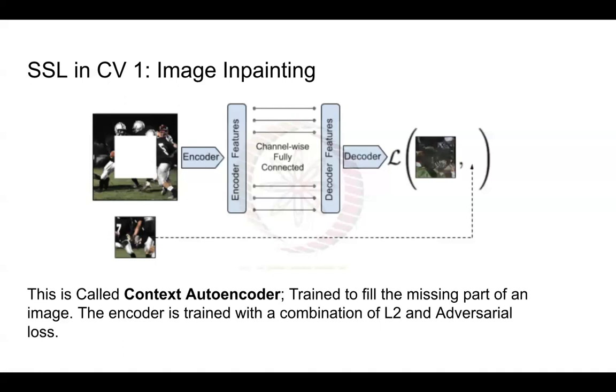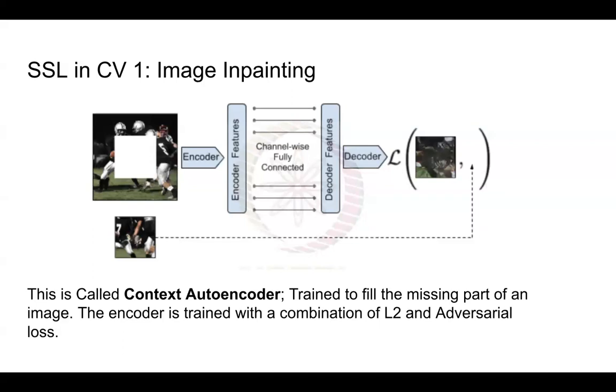So now you always have x and y in your supervised task. Now this x is divided, and you don't have any y, so this x is divided into x_x and x_y. This piece here is x_y. In image inpainting, you pass this initial part to the encoder. The encoder encodes this image, and then you decode this to get a prediction.